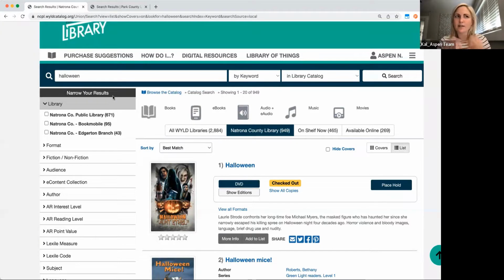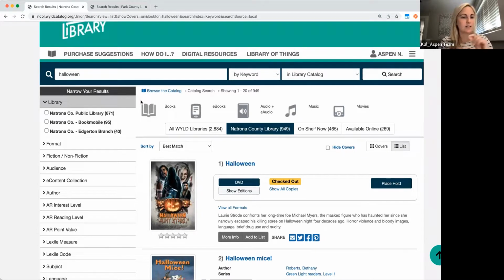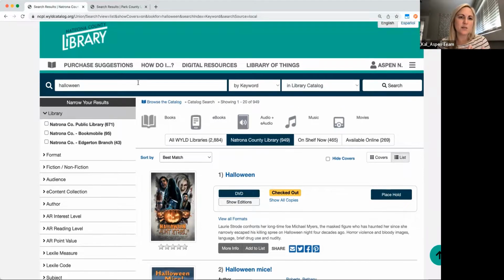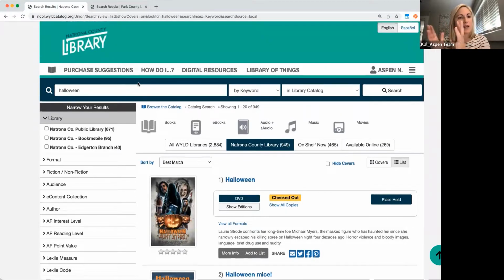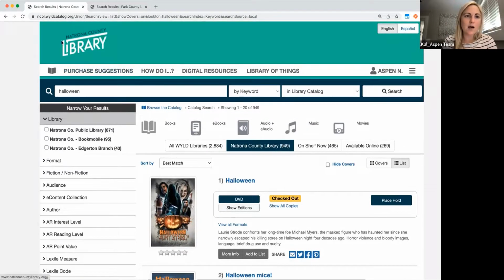We do not have that as the ASPEN team, and I'll tell you the reason why. When you're looking at all of your different catalogs, they're very different because they're so customizable. We can probably help you all make a more general video, but sometimes it's confusing to patrons if they're only on one library's catalog, for example, and a video is based off another catalog. I don't know what the WYLD admin team is thinking for tutorial videos or what that's going to look like, but it's definitely a great question and something to explore as you all go live.